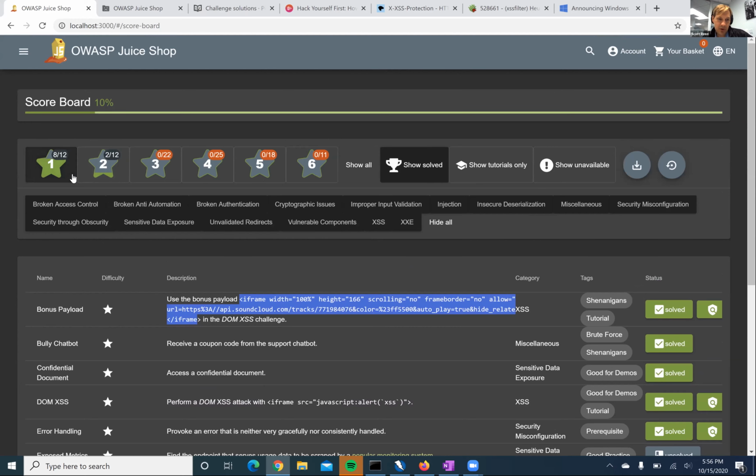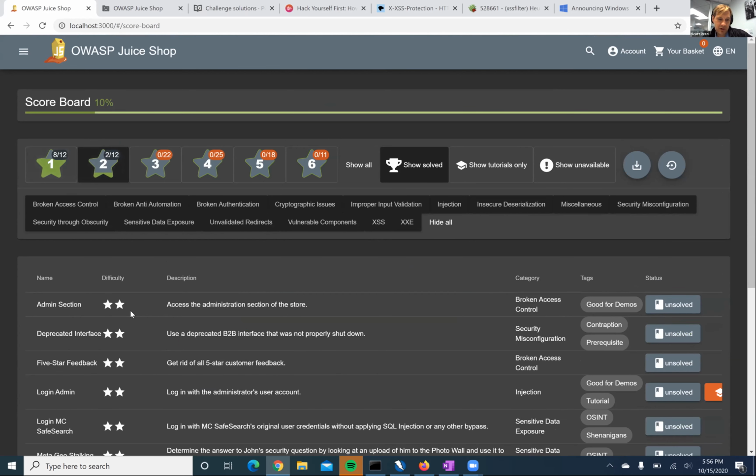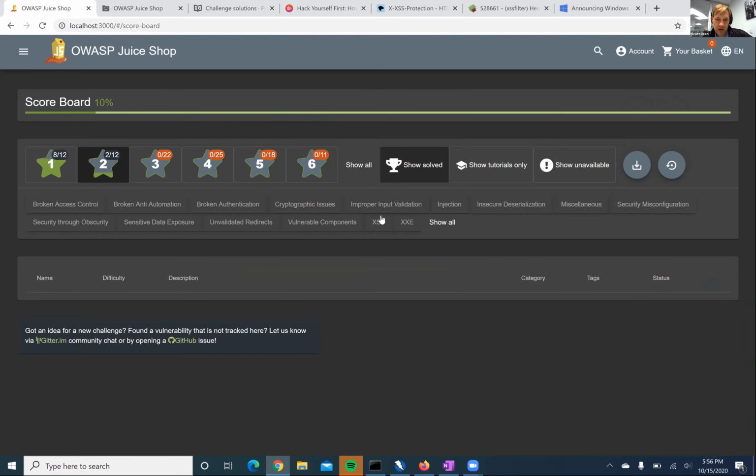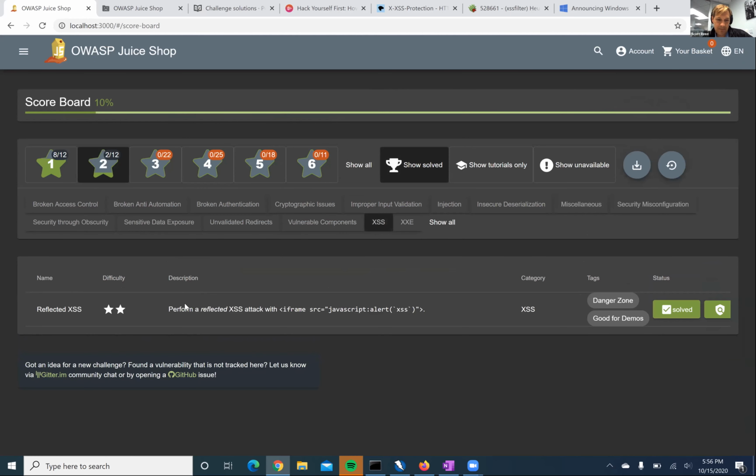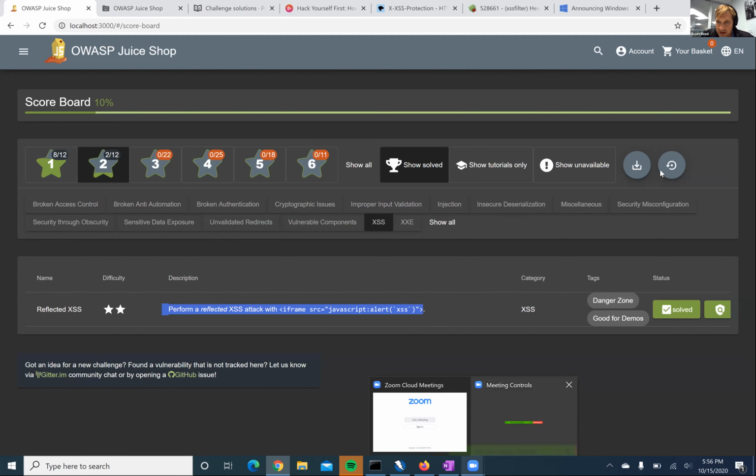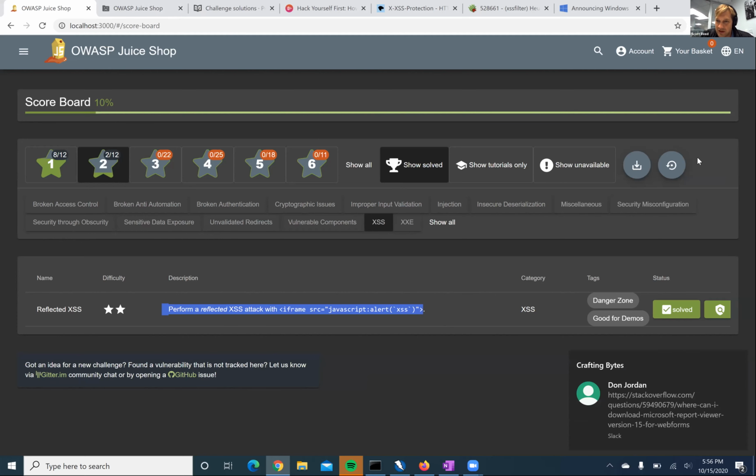Okay, so the interesting part happened when you got over to level 2 and XSS, and the reflected XSS attack. This one was super difficult for me. I think this is maybe even the one that you were talking about, Will, where it was a level 2, but it was not one that was immediately obvious.